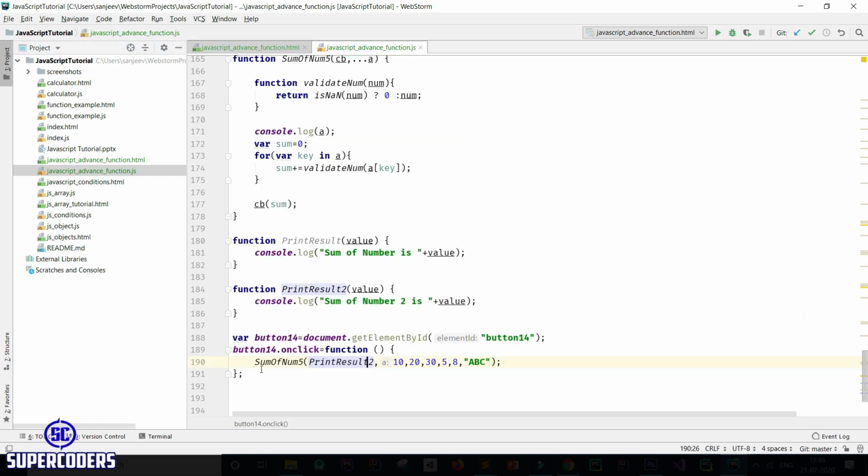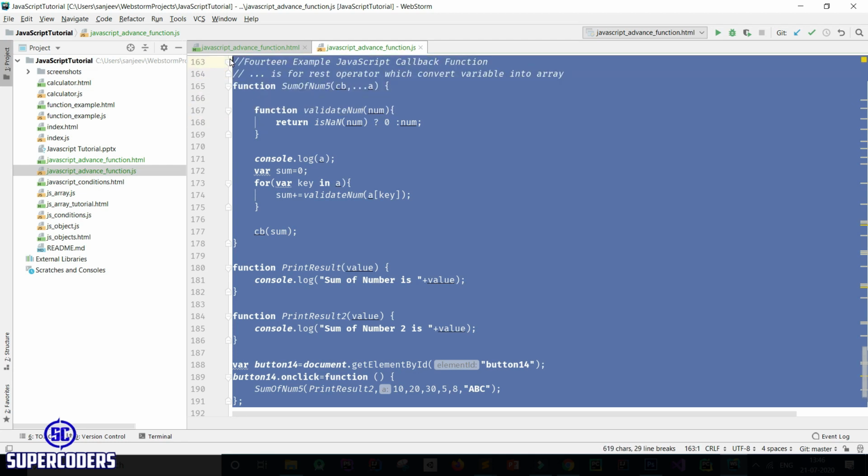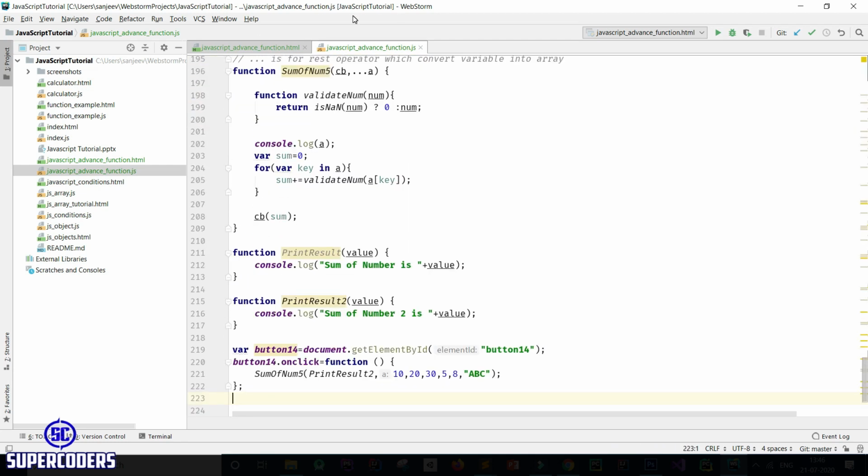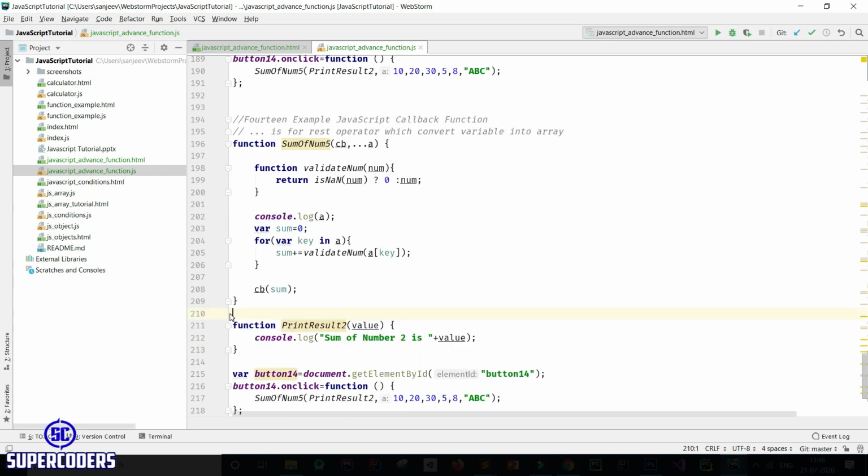Again copy this whole code, paste here, also remove this and change this to print result 3, and change this to number 6 and change this to 15.